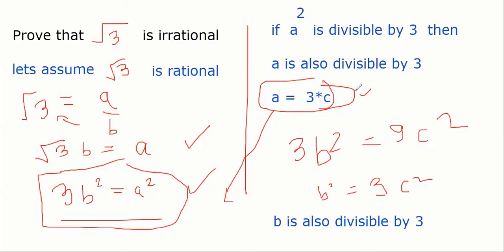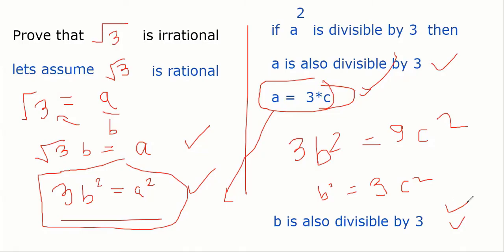So here we are saying a is divisible by 3. We are saying b is also divisible by 3. अब tell me if both a and b are divisible by 3. देखो, it's all about thinking. If a is divisible by 3 और b भी divisible by 3, मतलब क्या हुआ? दोनों का कॉमन फैक्टर 3 हो गया, करेक्ट? Listen carefully. We proved a is divisible by 3. We proved b is also divisible by 3. तो दोनों में कॉमन फैक्टर कौन आ गया?